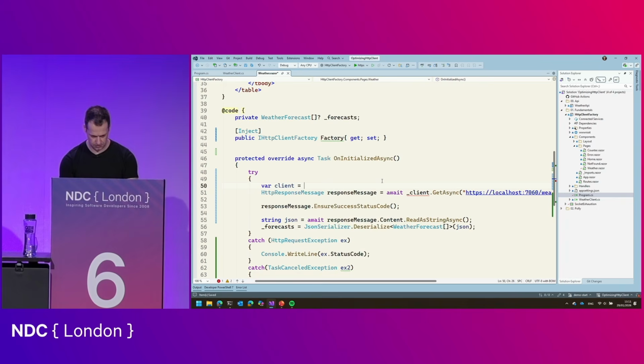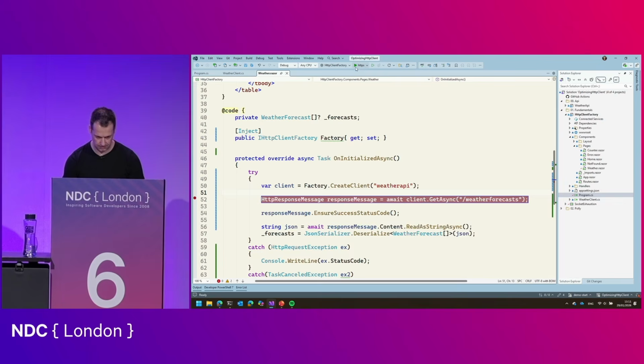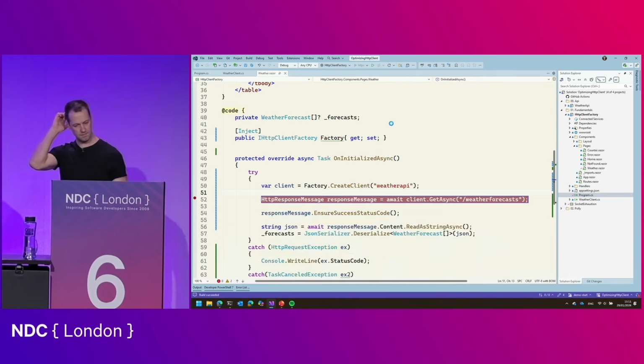And now I can use my factory to create a client, and I want a client with this name. And then in the GetAsync call, I can just throw this out. I just want that. If I put a breakpoint right here, and I run this thing,